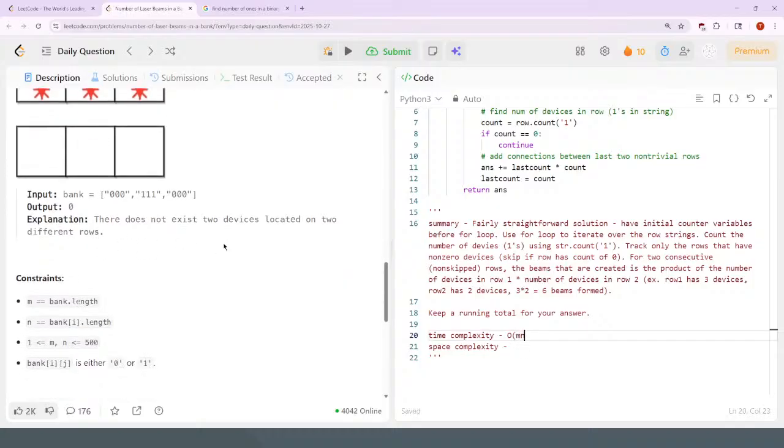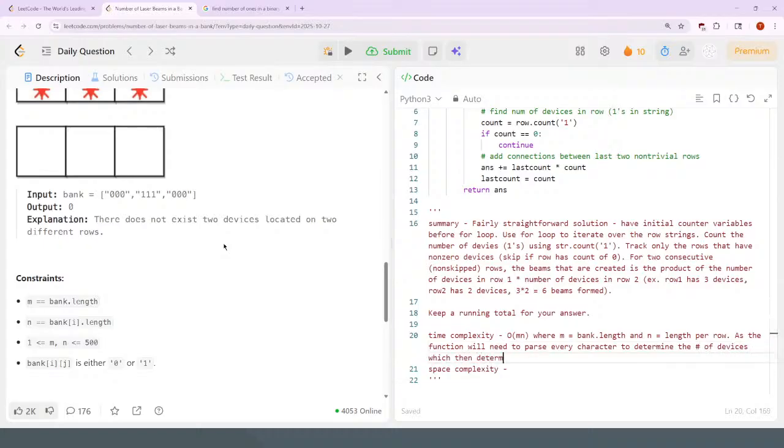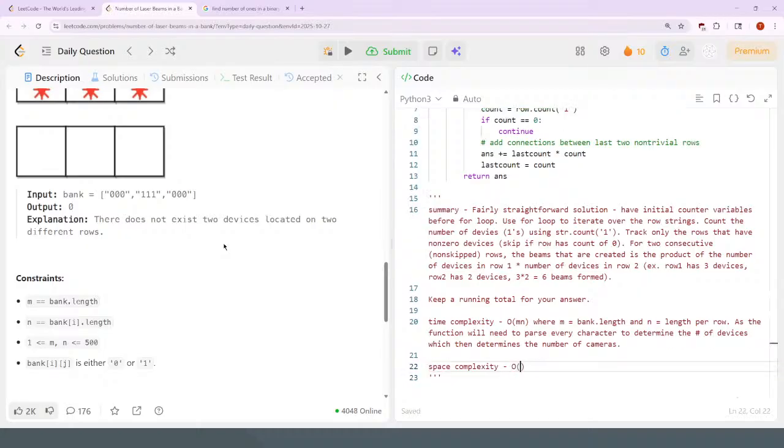Okay, we're going to use O of mn, where m equals the bank length, n equals the length of row, as the function will need to parse every character to determine the number of devices, which then determines the number of beams. Space complexity, this should be O of 1, since only counter variables